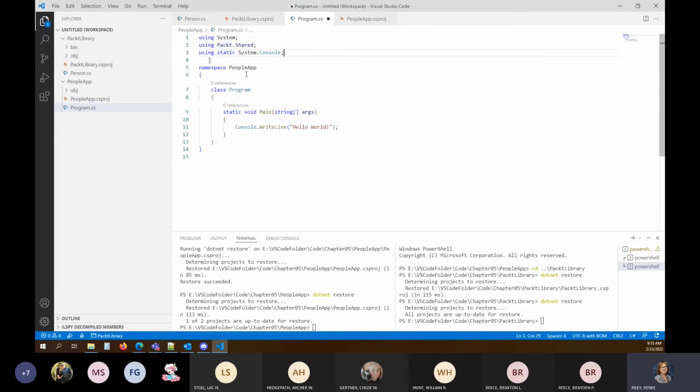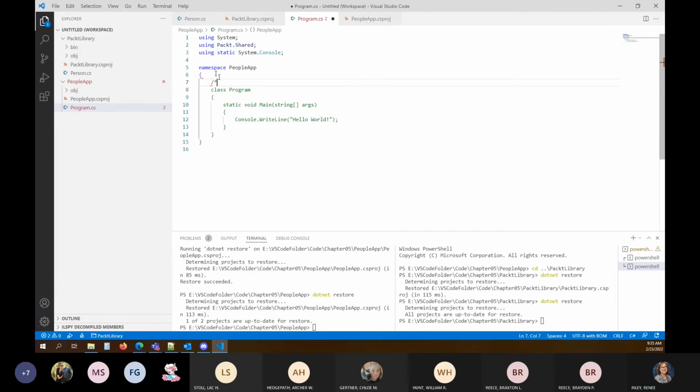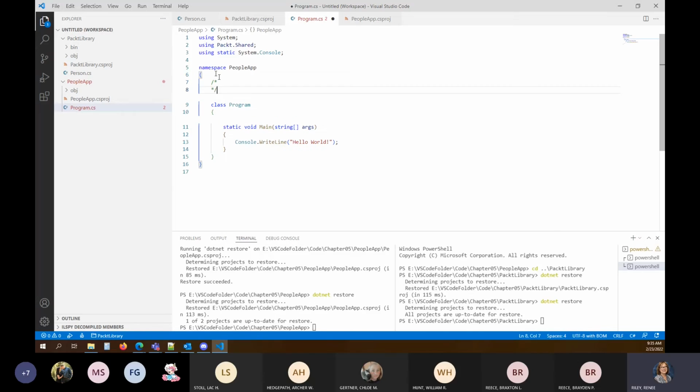And then I'm going to put some comments under my namespace. So we'll call this our person class tester, because this is going to test our person class.